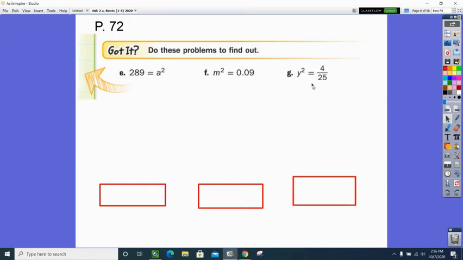So now here are 3 more of the same type of thing. Down here, you're going to have a equals, and you're going to give me both roots. So see if you can pause the video and try these 3, please. Again, no calculator, but you're welcome to use the perfect square trail. All right, so I'm going to go back looking for